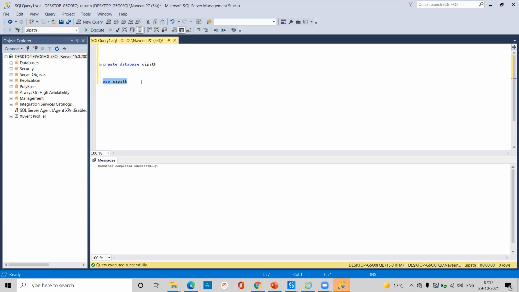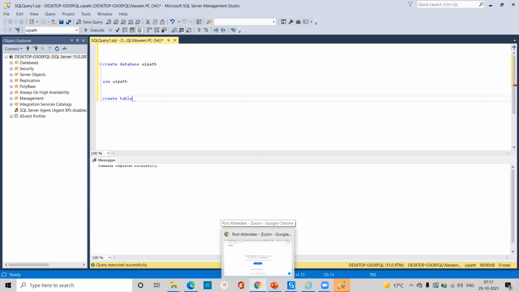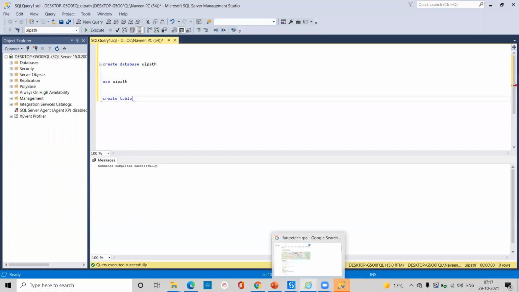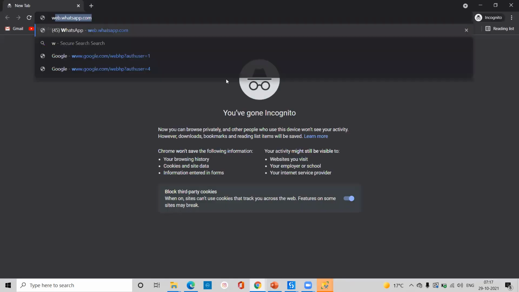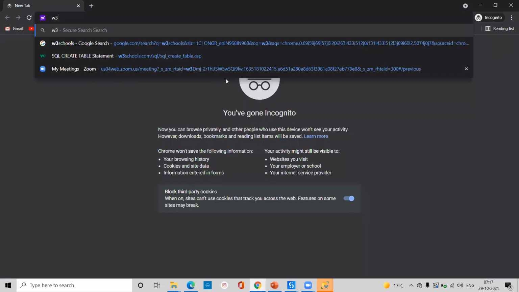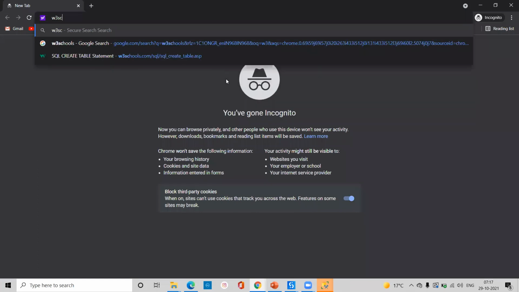Okay, after that we create the table and insert into the table. Especially for this type of code, you can learn from one of the websites I already told you about, called W3Schools.